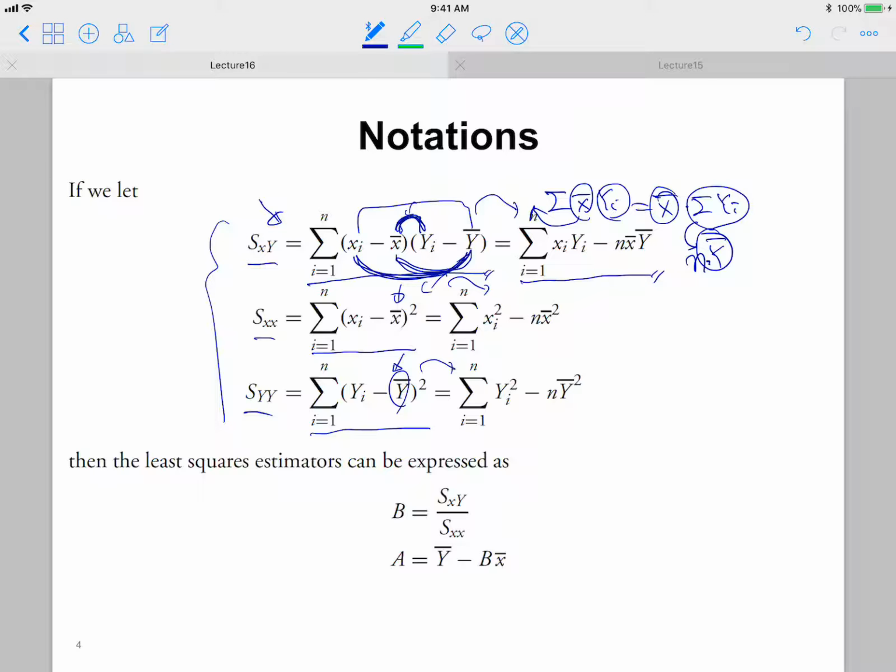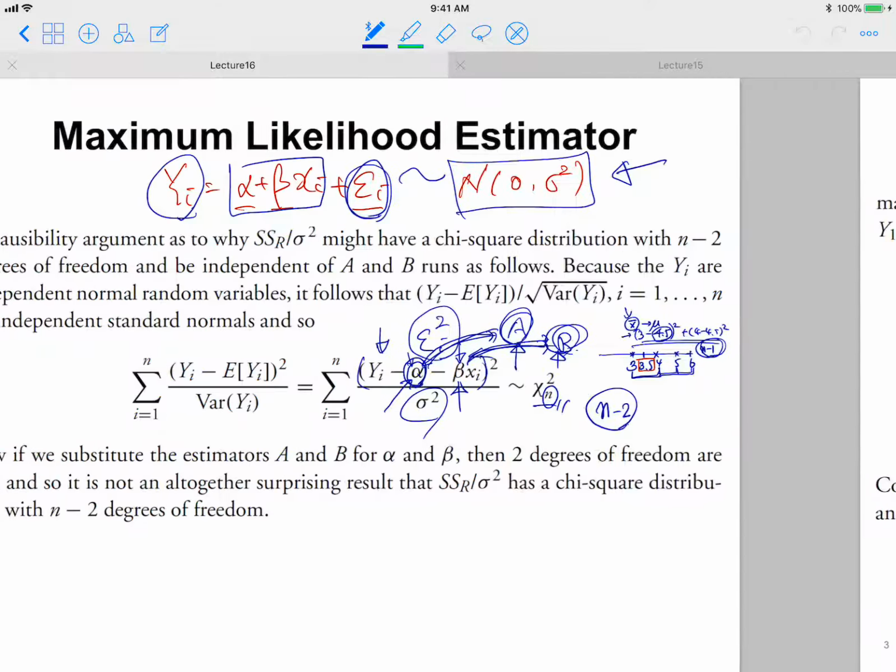Okay, and then let's go back and look at the definition or the formula of the estimator of B and A. So we typically represent this estimator of A in this manner, but in this case of B, which represents the estimator of our slope, that was represented